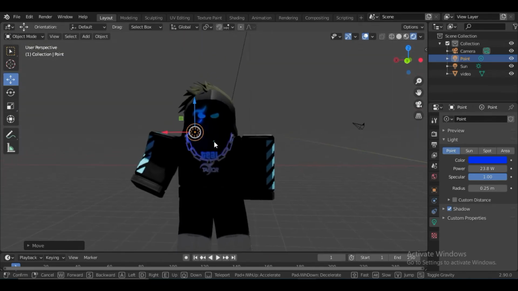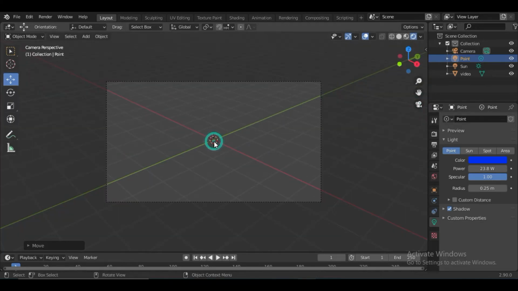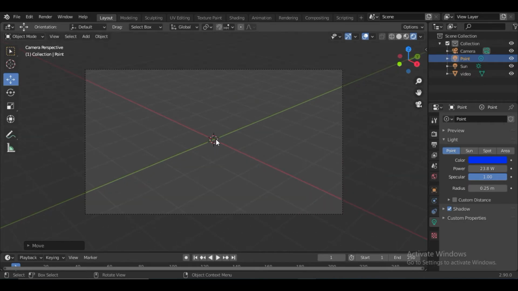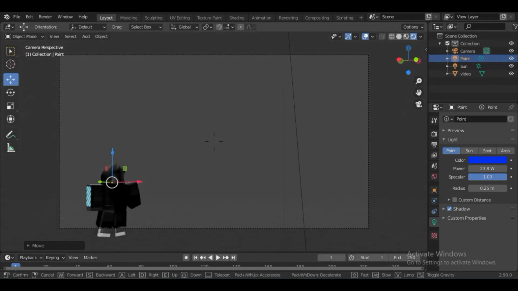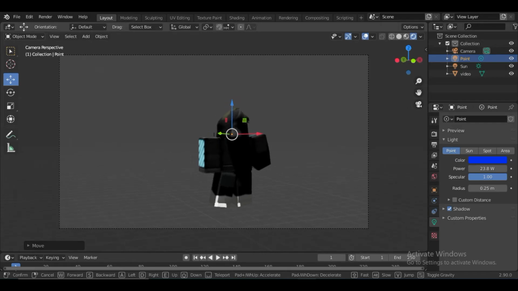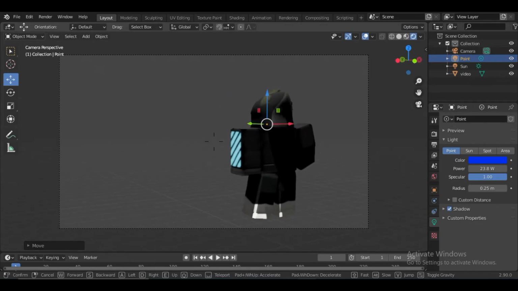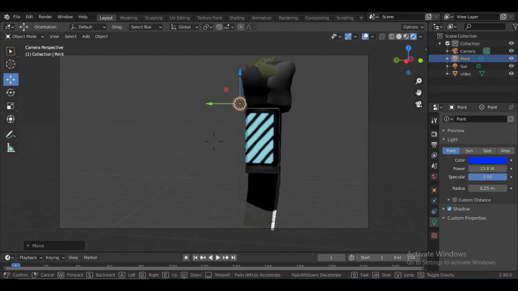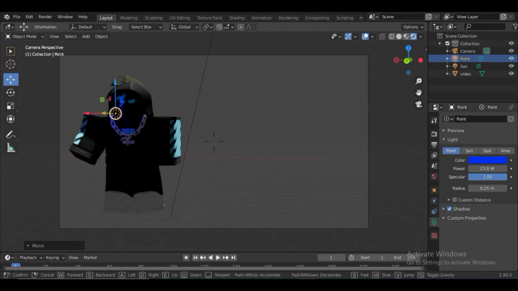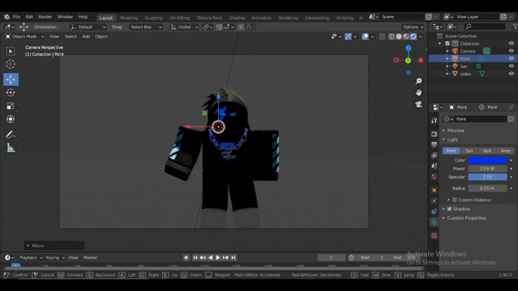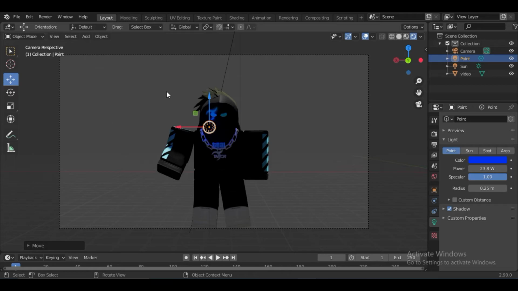Okay, so now you wanna render this. In order to render this, you wanna go to the toggle camera view. It's right here, and then once you're in the camera, in order to move this camera, you wanna click F, and you can move your camera like how you normally do. So now you can press shift and move faster and bring your camera right here. So right now the background is not transparent.